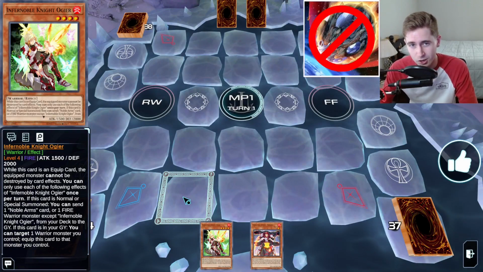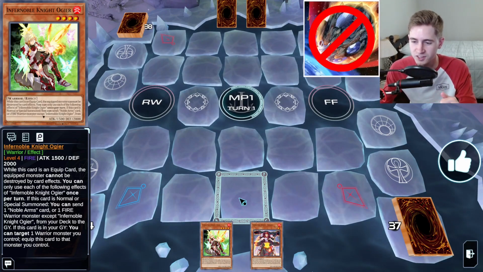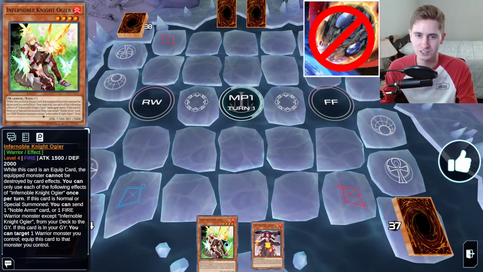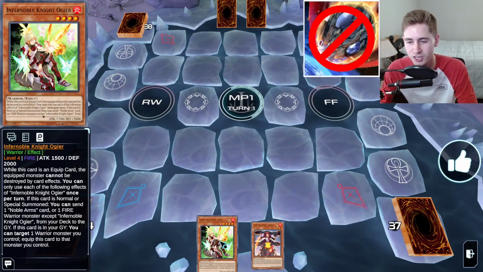Alright, now we can't talk about the combo deck without also talking about Nibiru. More importantly, how to play around Nibiru. And fortunately, Infernoble Knight has always had a pretty decent way to play around Nib. And now they even have even more ways, because you have multiple cards that get you access to the Gearfried pretty early. Unfortunately, one of those cards is Ogier,